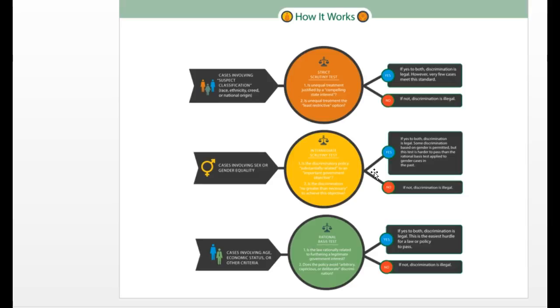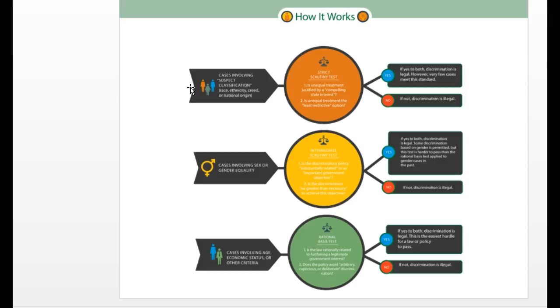But we still have on the books the rule that men have to register for the draft and women do not. But I don't anticipate that that's going to last very much longer. There's a bill in the Congress right now to reverse that, and I would be surprised if that difference stays very much longer. The toughest categorizations to justify are categorizations based on race and ethnicity and national origin.